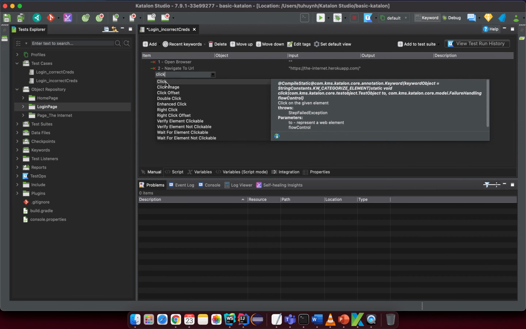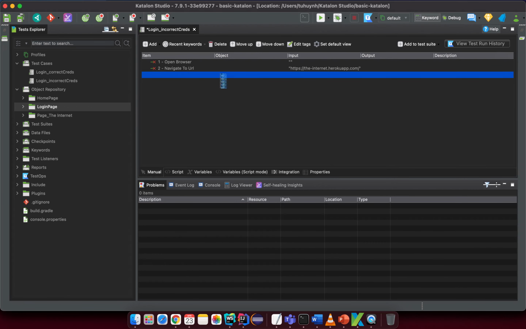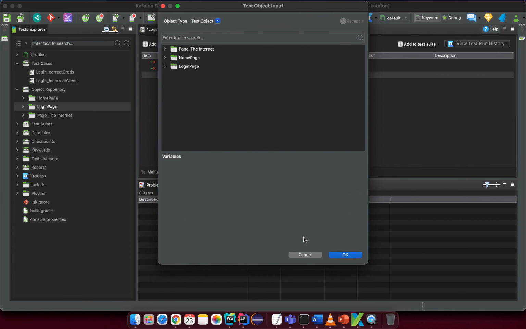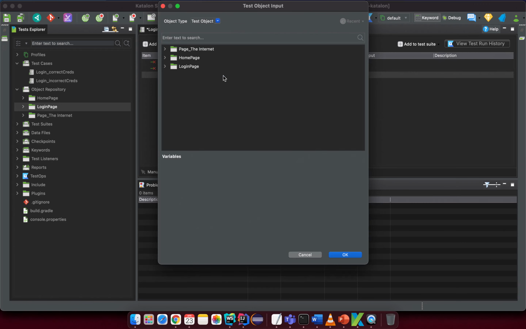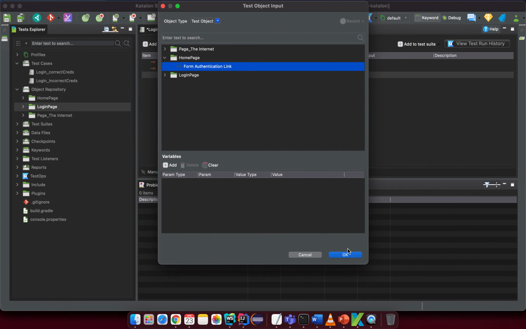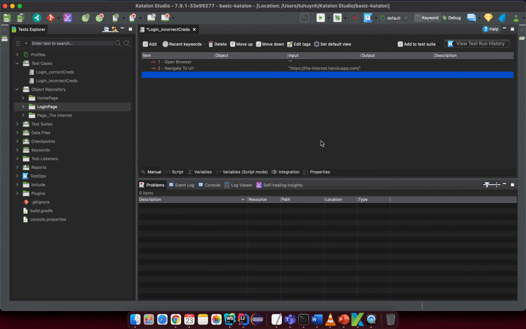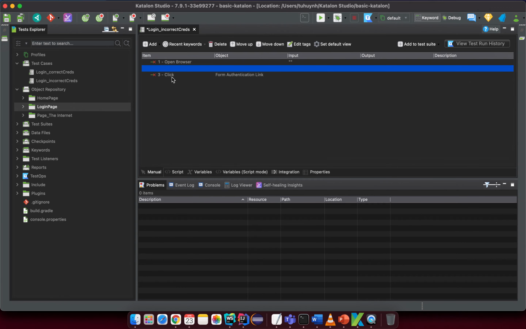right? Click. So I want to click from the object, and this object view. Okay, let me do it a little slow for you. So here, try to double click here. Okay, double click, and then you can select the objects from the home page, form authentication. Okay, and then you can hit the OK button here, and you can see click on the form authentication link, and I want to add the next step is something like, let me think, input